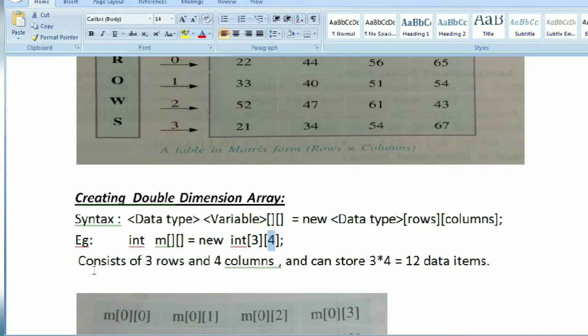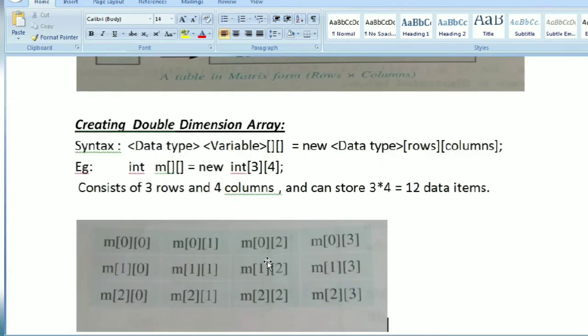This is the important thing: it consists of 3 rows and 4 columns, and can store 3 multiplied by 4, that is 12 data items. How many data items can this array store? 12 data items. Okay, so this is very simple.